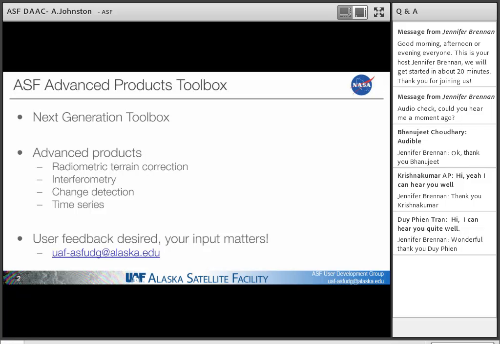The Alaska Satellite Facility is invested in creating advanced value-add products on top of remote sensing data from the Sentinel-1 satellite mission. Those products include data recipes for things such as radiometric terrain correction, interferometry, change detection, and time series. The tool we'll be demonstrating today is our initial release attempting to put the first of those advanced products, radiometric terrain corrected Sentinel-1 images,